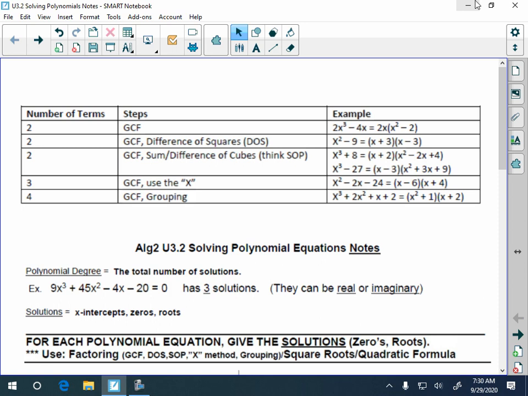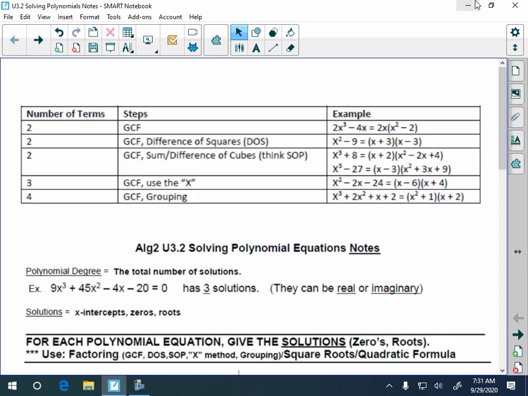So at the top here, and this chart I think is going to be in probably the Google stream, so if you want to download it, or it'll be on my webpage for you to download. But it just gives you an example of, depending on how many terms there are, what are your first steps? What are you looking for? So you can see in all the